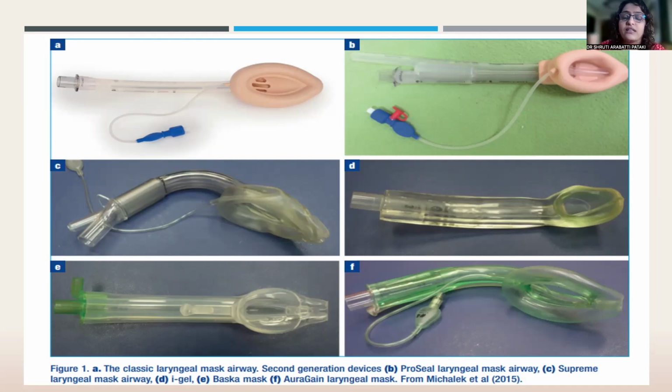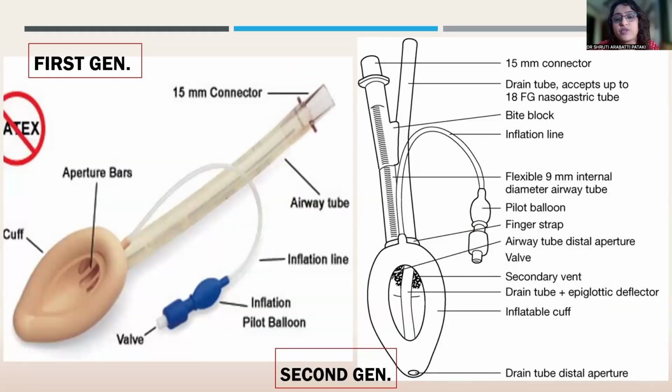That you can actually confirm with your manometer, right? We have those aneroid manometers, which will tell us the cuff pressures. That is something that you can actually measure. However, what we cannot measure is something that is called the seal pressure. The seal pressure is when the cuff is inflated, it is going to generate a certain amount of seal over the laryngeal inlet. This is the seal pressure, which was very less with the first generation LMAs.